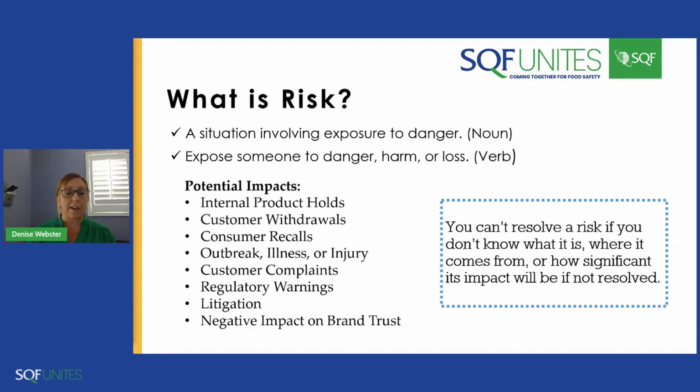Risks are unfortunately vast in the food industry, as we were reminded by Sean earlier this morning with those wonderful charts, or not so wonderful charts. They start at the fields, like the golf balls he had mentioned that ended up in the hash browns. So not only did it get in from the fields, it went through our process line, and ultimately ended up in the hands of consumers. Those potential impacts, as a reminder, could be near misses, product holds, customer withdrawals, consumer recalls, such as those examples that he shared with us, and the unfortunate impact of potential outbreak, illness, or injury.